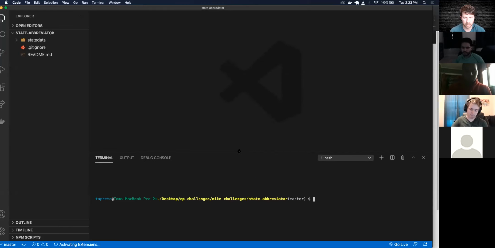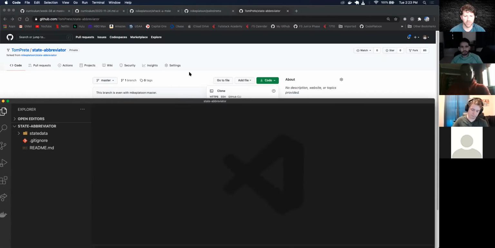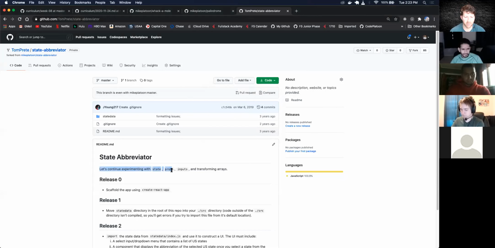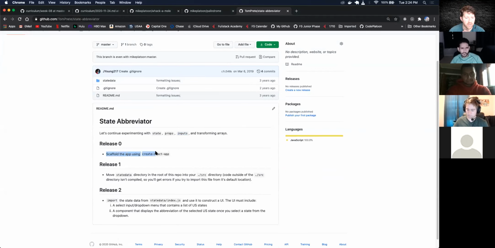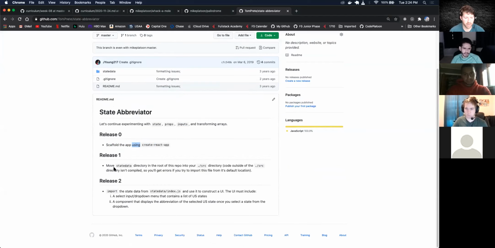There. Okay. So let's kind of just read this challenge. All right, let's continue experimenting with state, props, and inputs and transforming arrays. Okay. So scaffold the app using create React app, and then move state data directory into the root of this repo, which is in our source directory. Code outside of the source directory isn't compiled. So that's why we also need all of our assets, such as images, CSS, inside of the source directory,